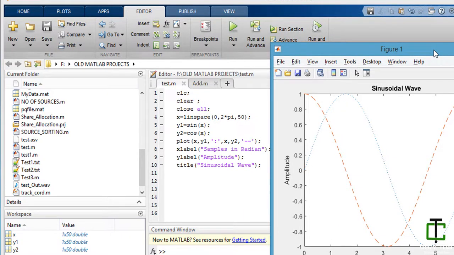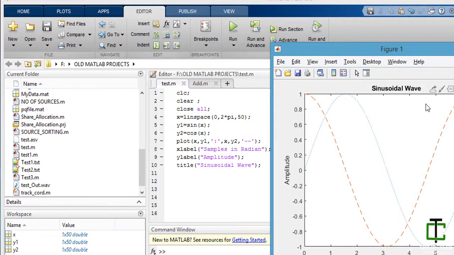Now if I need to show what the first curve means and what the second curve specifies, let's say I want to show my viewer that this dotted curve is the sine function and this dash curve is my cosine function.